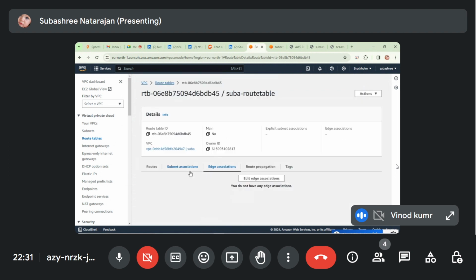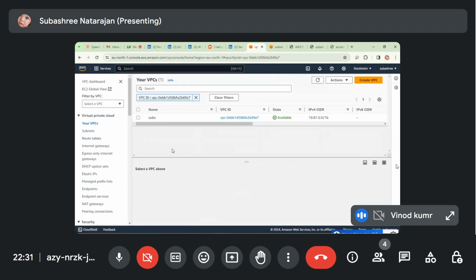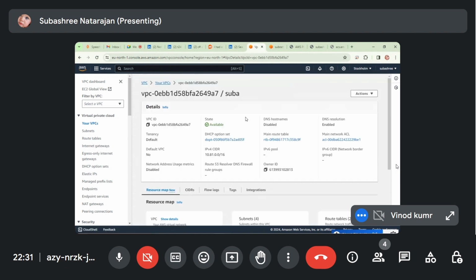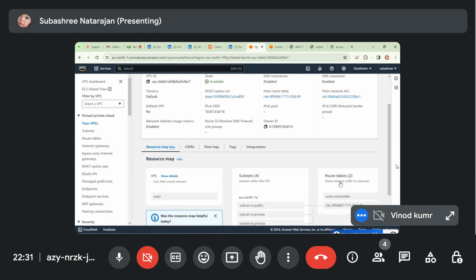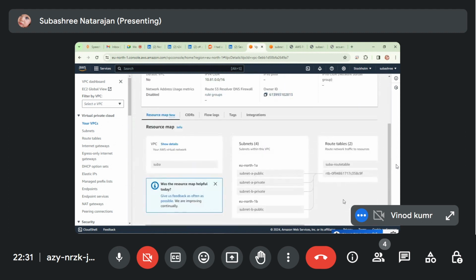Nothing. Then click on VPC now. This one? No, no, no. On the left side, your VPC. You can click that also. No issue. Then click our VPC ID. Scroll down. You can see now the Shubha. Okay, Shubha has four IPs, all of which should route to the route table. This one alone is different.